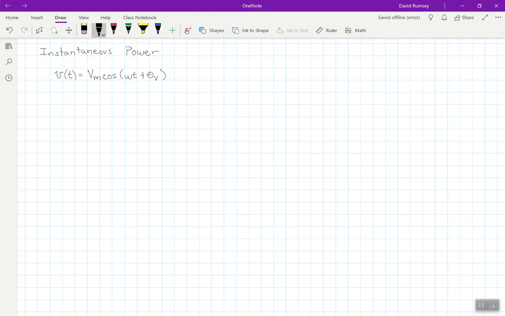So I have a voltage that's Vm cosine omega t plus theta v, and then I have a current in the circuit that's the same frequency, still a sinusoid, and it's got a phase angle theta I. Now, just going back to what we learned way back in our first electronics course, we know that power is just defined as voltage times current. Now, what's different about the AC case, again, is that we're talking about it being multiplied as